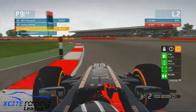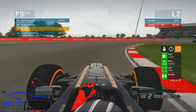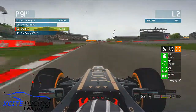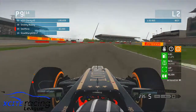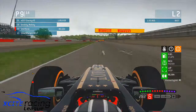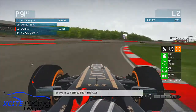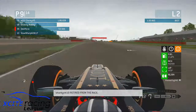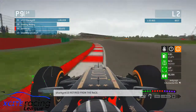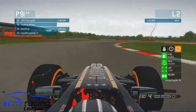Shift down at the 100-metre board and I trail brake a little bit. Shift down to 2 into Luffield. Try and get a good exit and use the remaining of your curves. Going through Cox, keep it flat out, which we do, and then we're going into Maggots, and we're going to get a clean run here through Maggots, then Becketts,